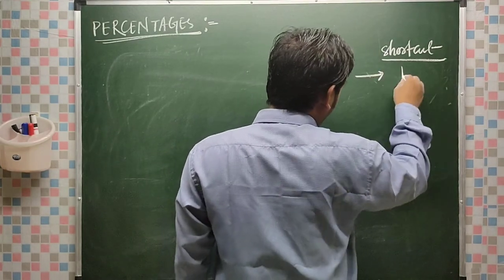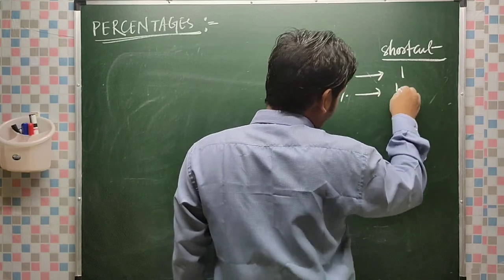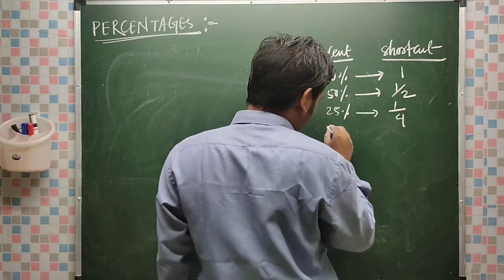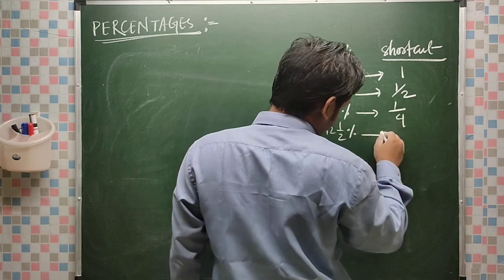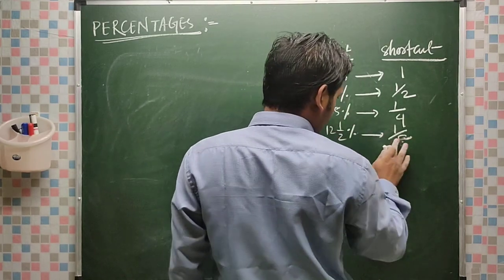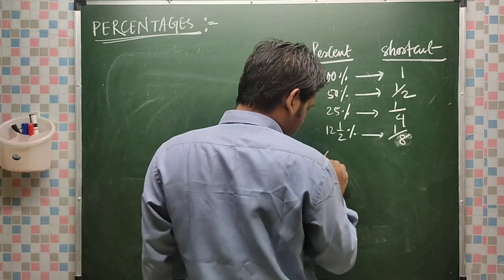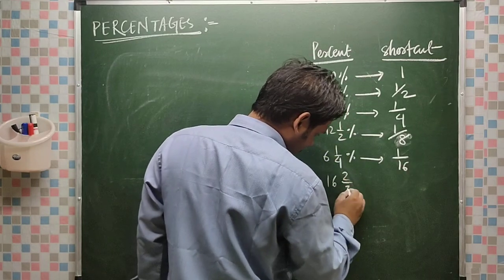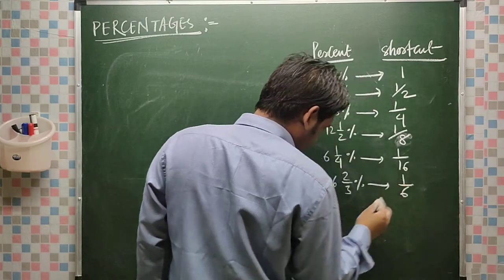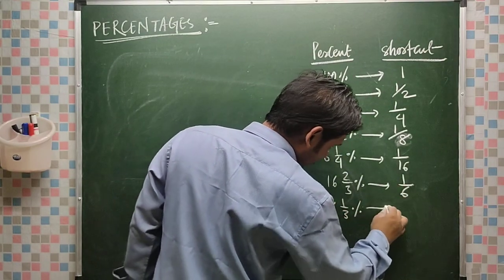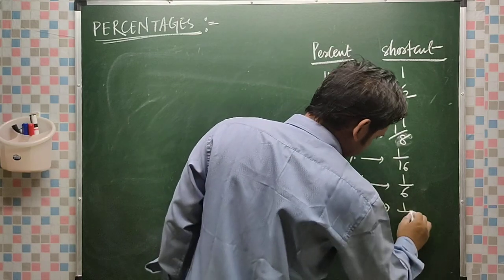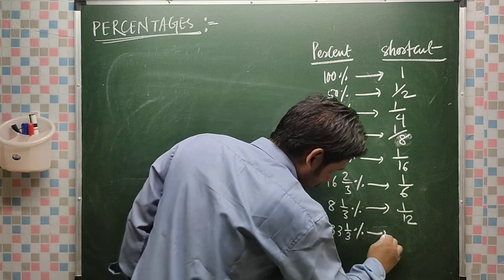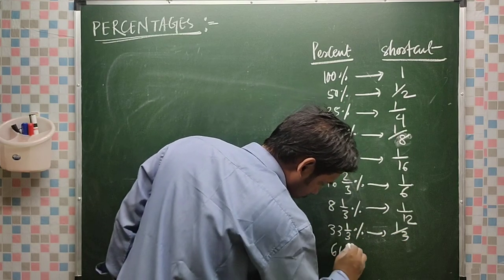100% means 1, 50% means 1 by 2, 25% means 1 by 4, 12 whole 1 by 2% means 1 by 8, 6 whole 1 by 4% means 1 by 16, 16 whole 2 by 3% means 1 by 6, 8 whole 1 by 3% means 1 by 12, then 33 whole 1 by 3% means 1 by 3, and 66 whole 2 by 3% means